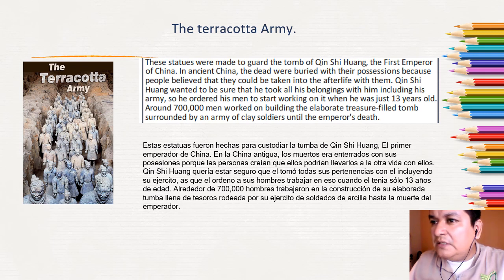Qin Shi Huang wanted to be sure that he took all his belongings with him, including his army, so he ordered his men to start working on it when he was just 13 years old. Around 700,000 men worked on building the elaborate treasure-filled tomb surrounded by an army of clay soldiers until the emperor's